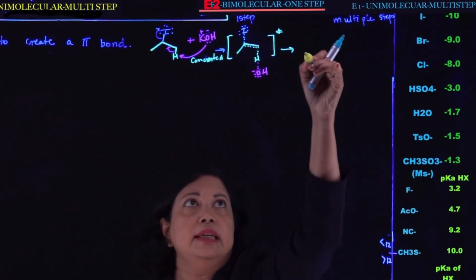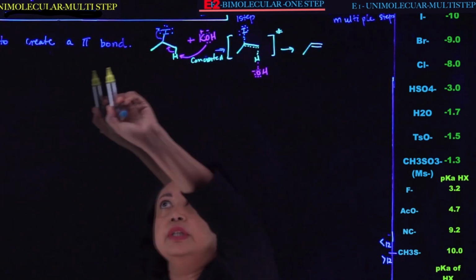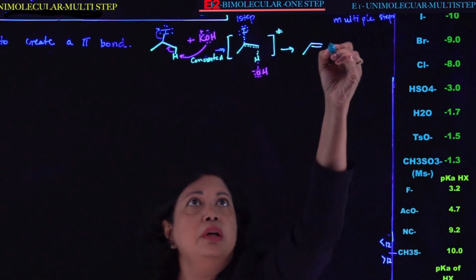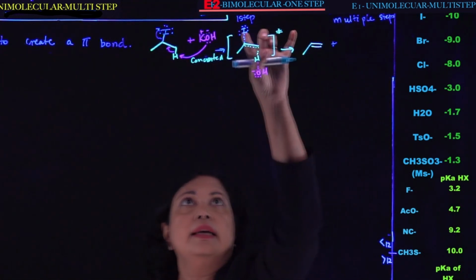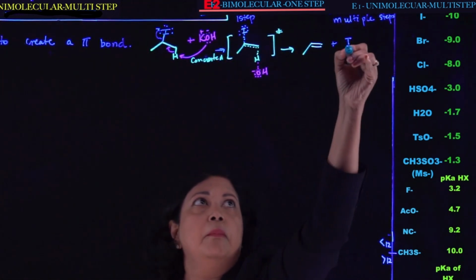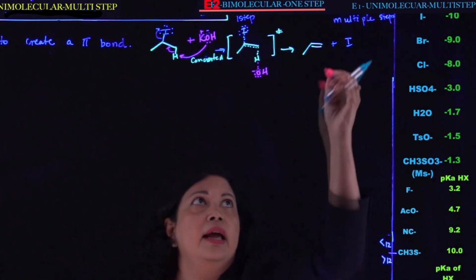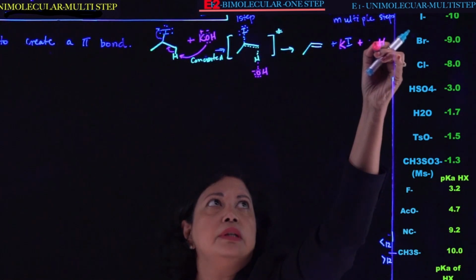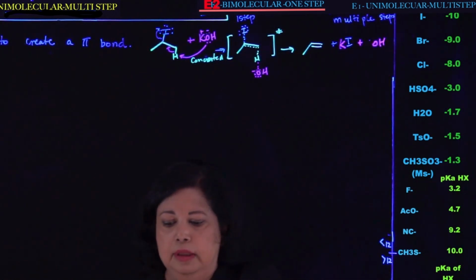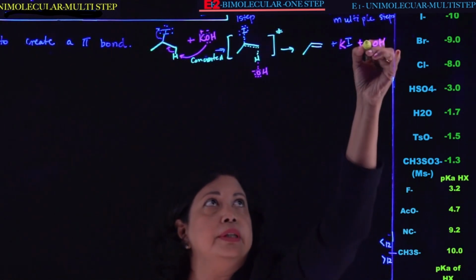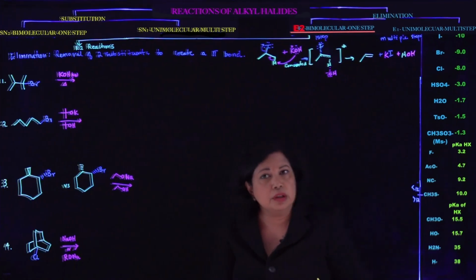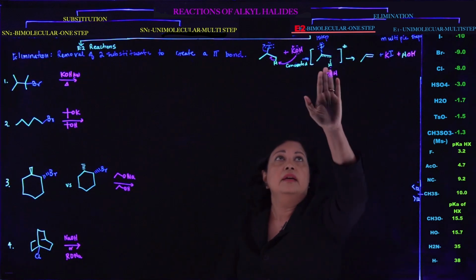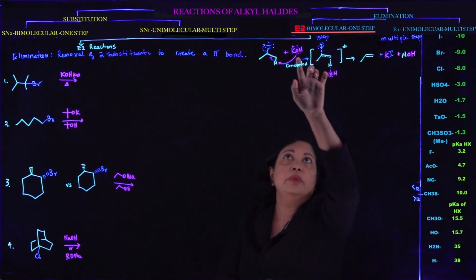Now, once it leaves, then you have a pi bond, which is what we said before. It creates a pi bond. You also have your iodide leaving, probably with your potassium here, and you would also create water, which is a very stable molecule, and so the thermodynamics of this is also favored. So it is kinetically fast when you have